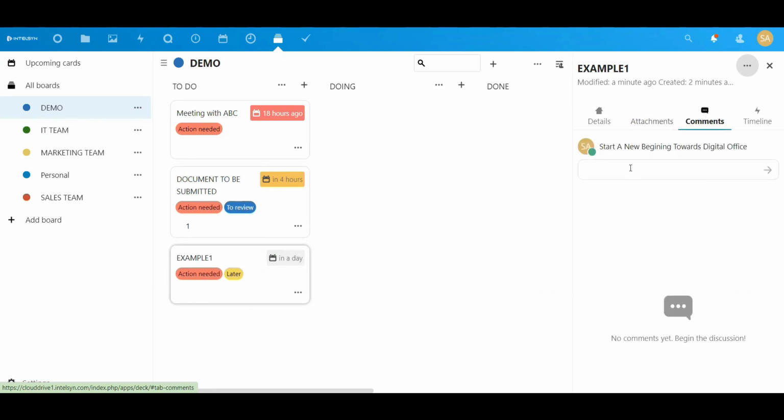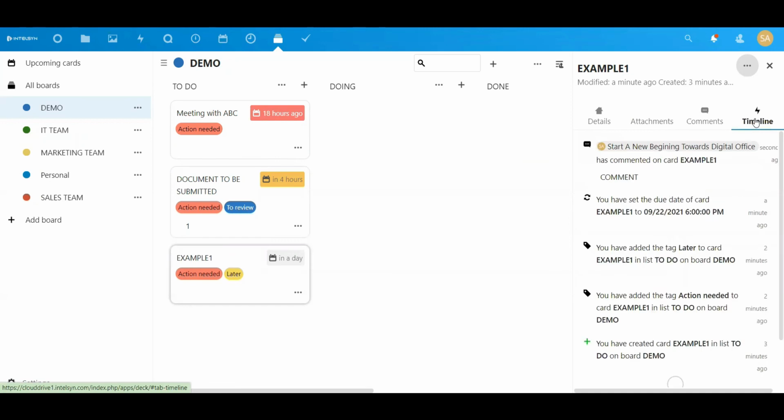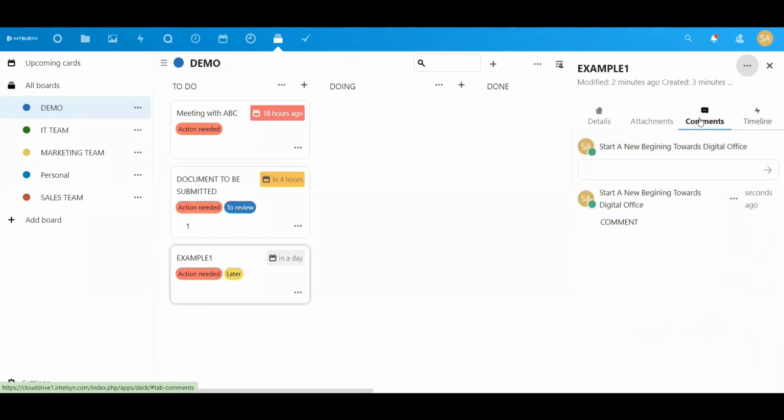Now the unique feature of this comment is, whatever comment is given, you can find it in the timeline. The timeline gives an overview of all the activities that have taken place. You can keep adding comments. When a new user has to do any work, they can check what the previous user has done, and complete the work that way.